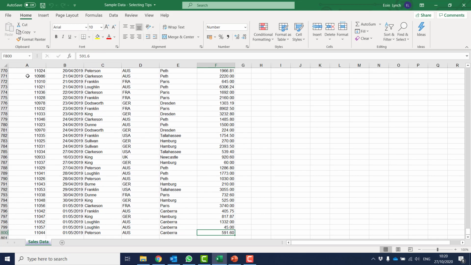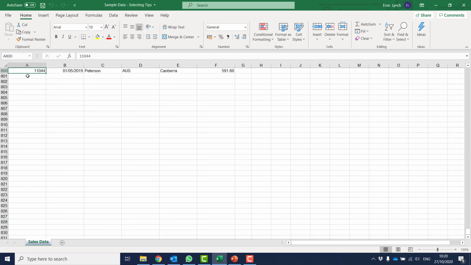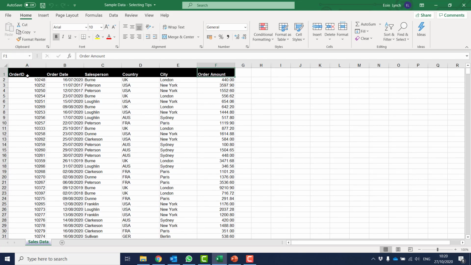And if I definitely want to make sure that that's the last row of data and not just a break in it, if I hit Control down arrow a second time, look at that, it brings me down to the 1,048,576th row, just like that. So if I want to go back up again, Control arrow left, arrow up, and arrow up again. So a really quick way of navigating your data sets when it comes to Excel is